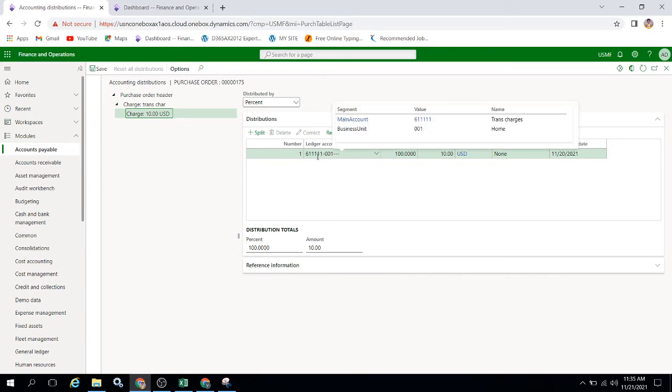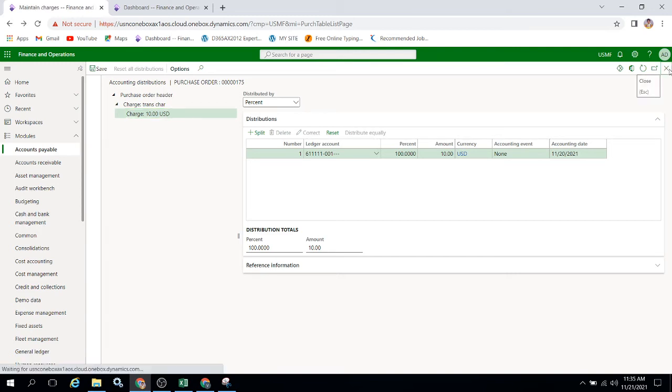In the charge code setup we provided this account, so the system is automatically picking this account for posting.